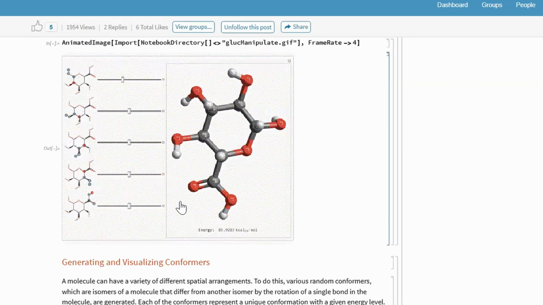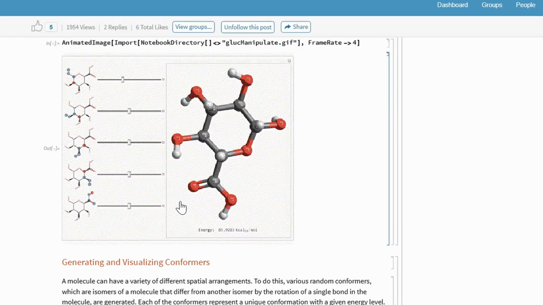I see. Okay. And then I'm just wondering, is the way that the energy is calculated in one of the functions, or how do you know how the energy is calculated for a certain conformation? Is it just based off of the interactions between the hydroxyl group? Yeah, so